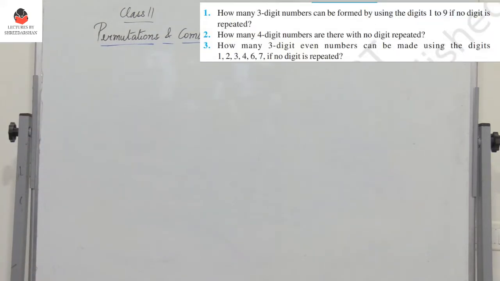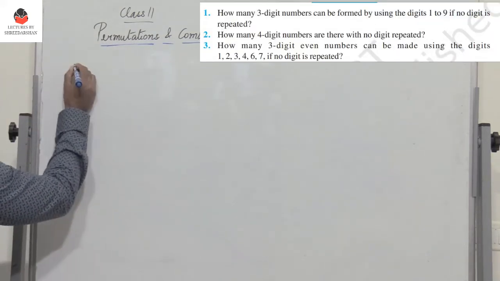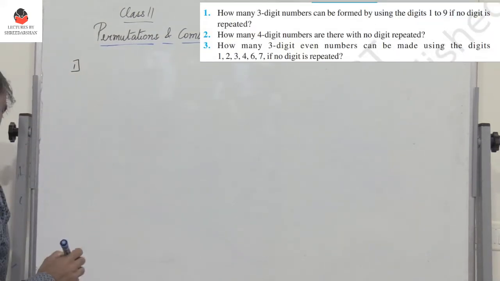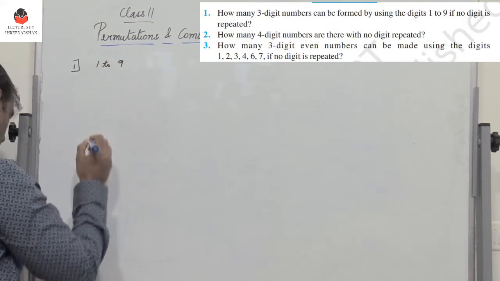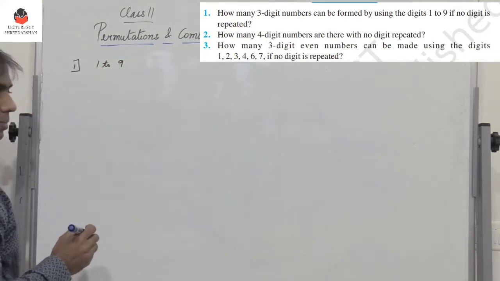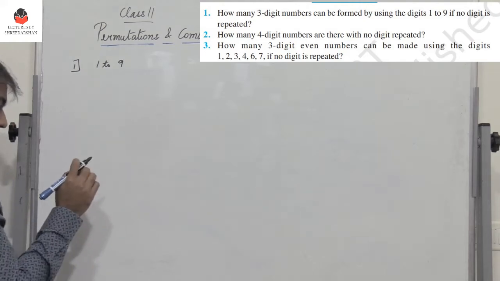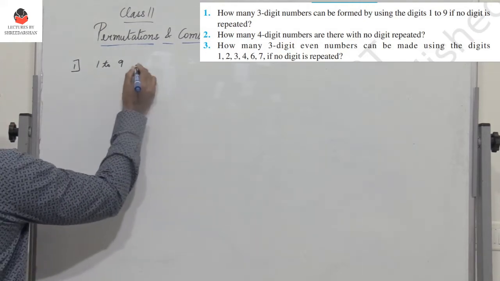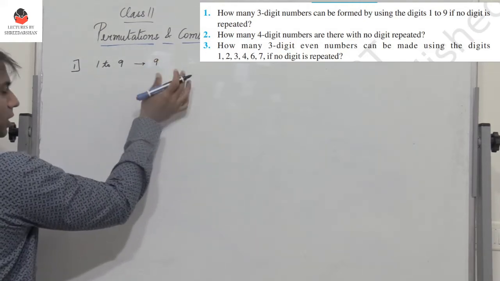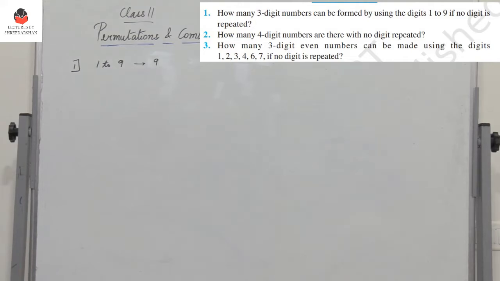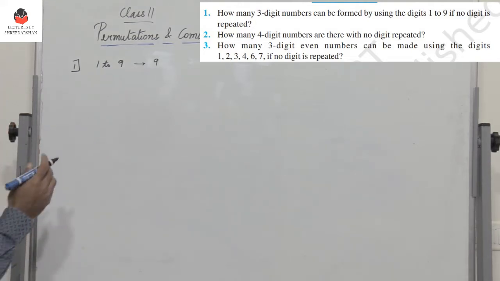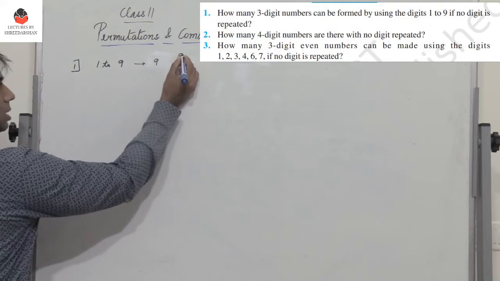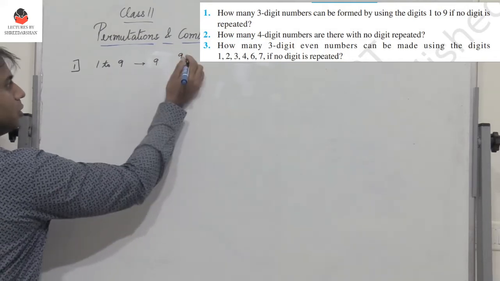So the first question: how many three-digit numbers can be formed by using the digits 1 to 9 if no digit is repeated? So none of the digits are repeated. So the numbers are 1 to 9. So there are 9 different digits, 1 to 9, and we need to form a three-digit number. So to form a three-digit number from 9, I need to choose 3 of them. So